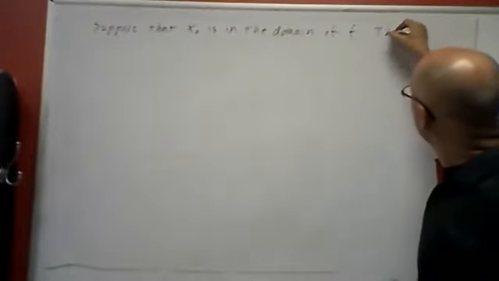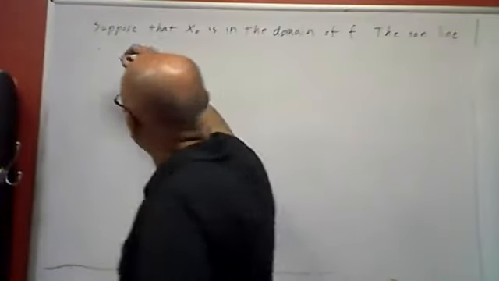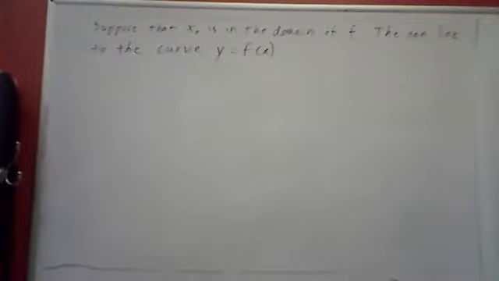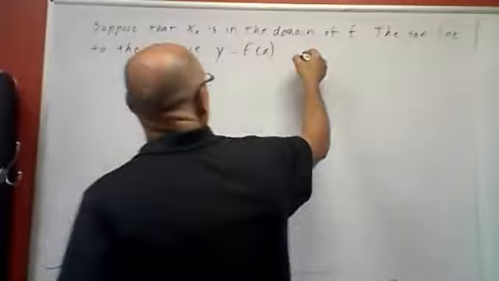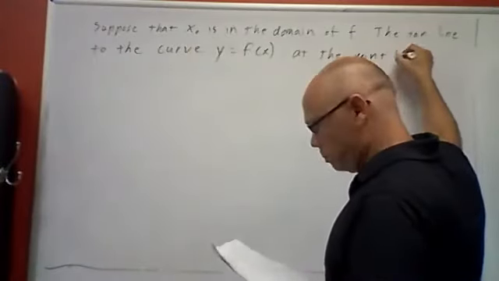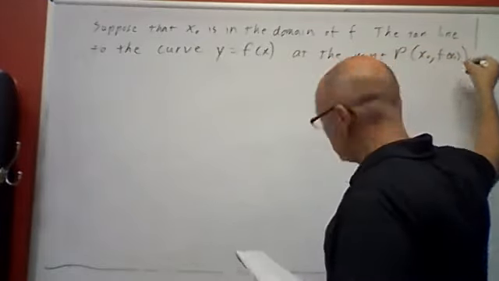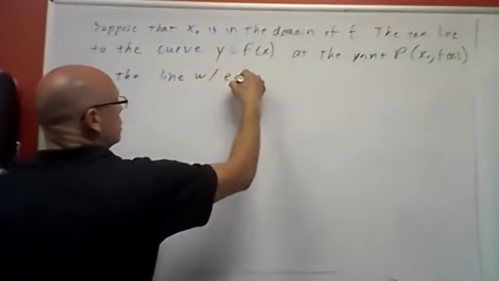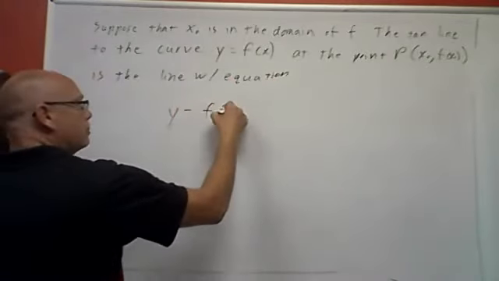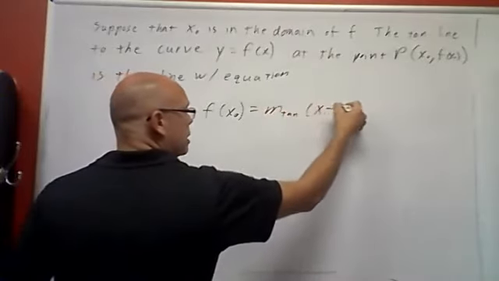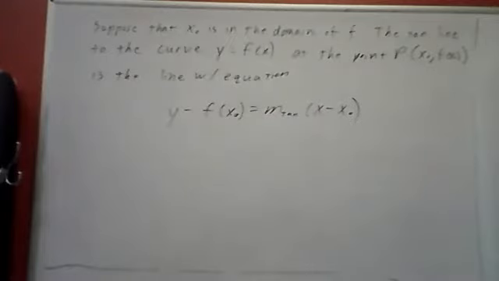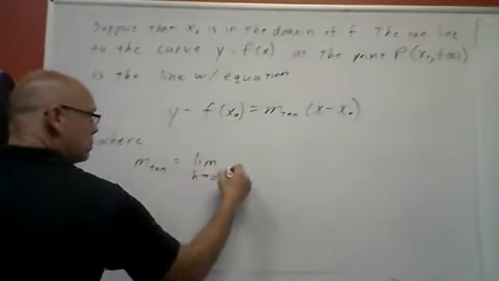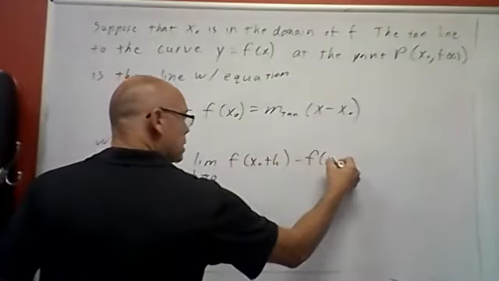The tangent line to the curve, I'm going to abbreviate tan line, to the curve y is equal to f of x at the point P, where they say it's defined by x subscript 0, f of x subscript 0, is the line with equation y minus f at x naught is equal to m tan times x minus x naught, where m tan is equal to the limit as h approaches 0 of f at x naught plus h minus f at x naught all over